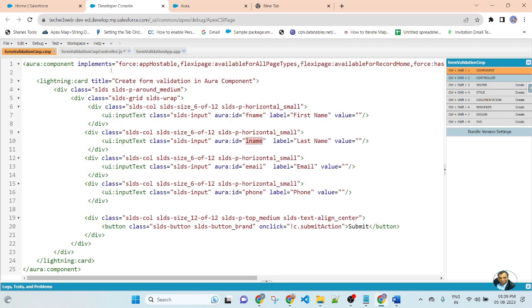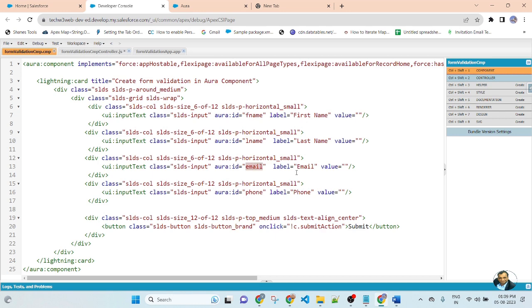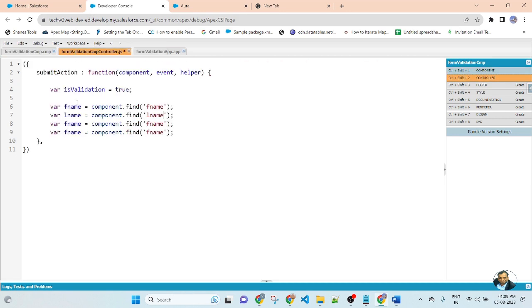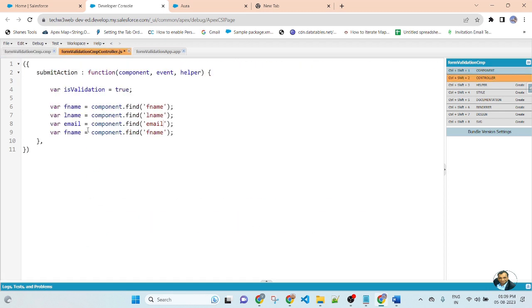This is for last name, this is for email ID, this is for phone. So first I get the aura ID, then I will get the value.